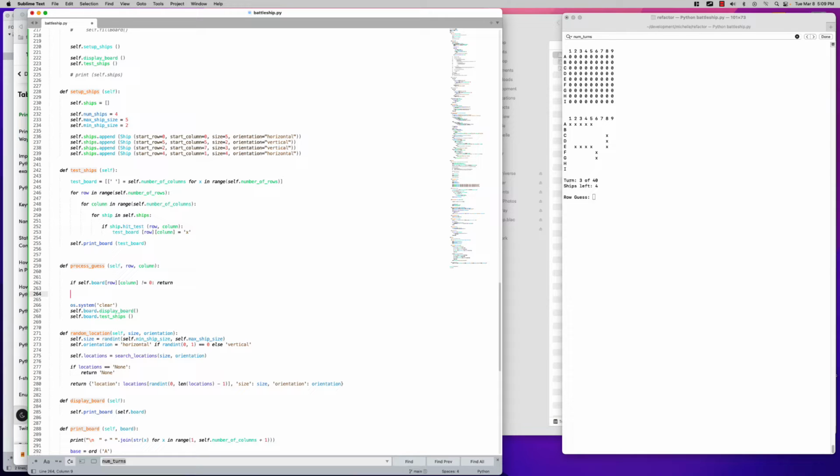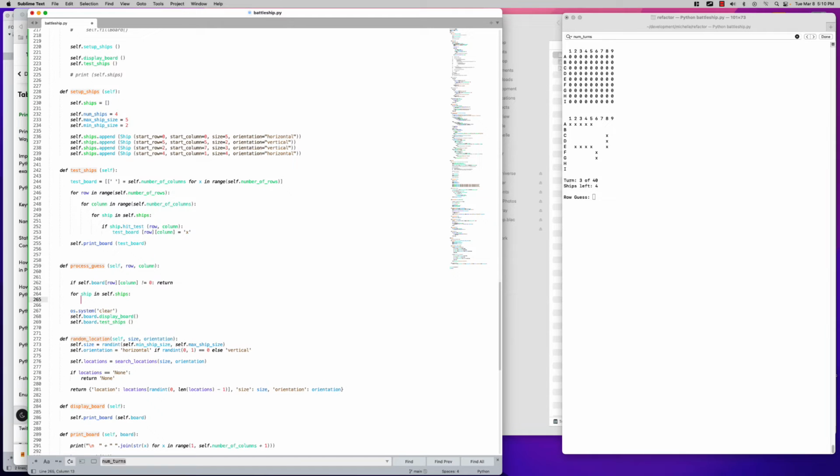Else, what we'll do is we'll loop through the ships, for ship in self.ships, if